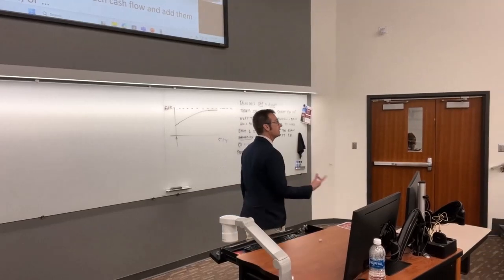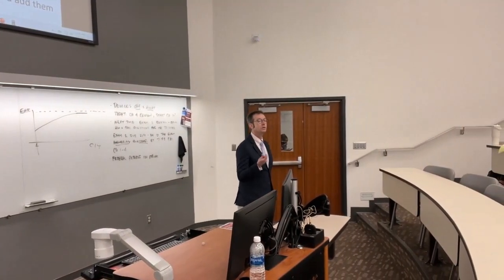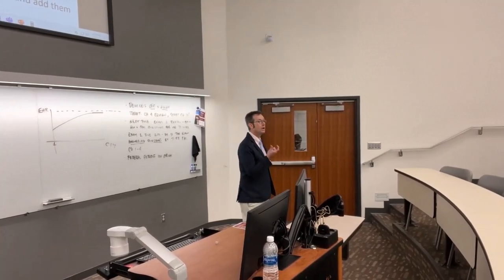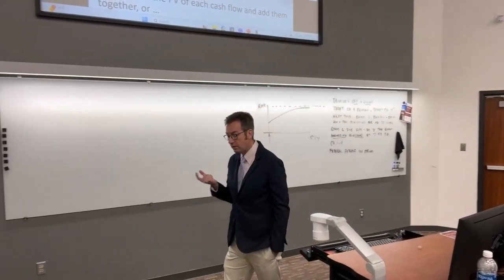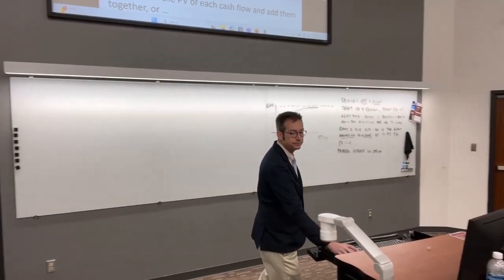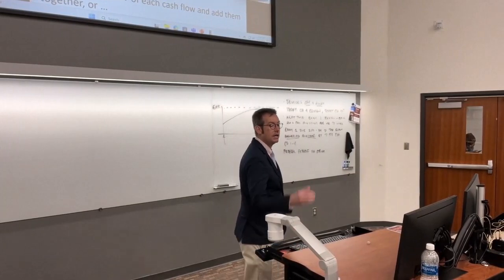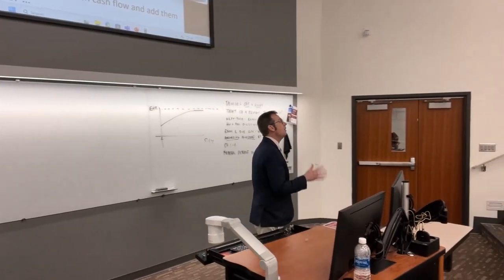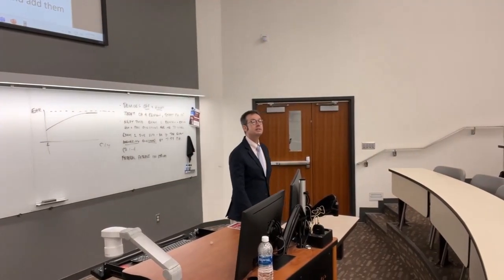Now we've got F01. F01 is the number of times in a row that cash flow at time 1 shows up in a row. So how many times does this cash flow show up in a row? 2. So we're going to hit 2, we're going to hit enter, and we're going to arrow down. Now, notice it says C02. Don't let that freak you out. That doesn't mean cash flow at time 2. It means this is the second